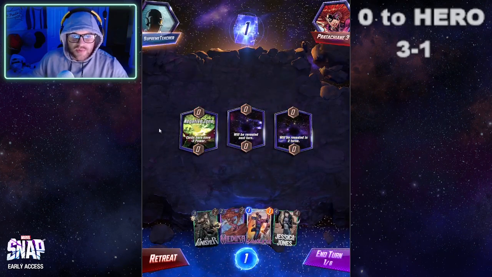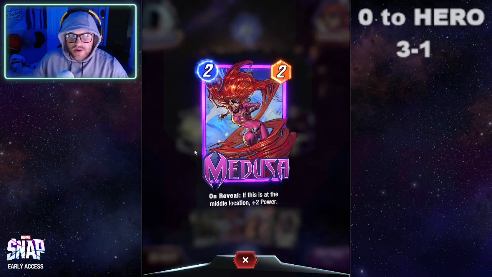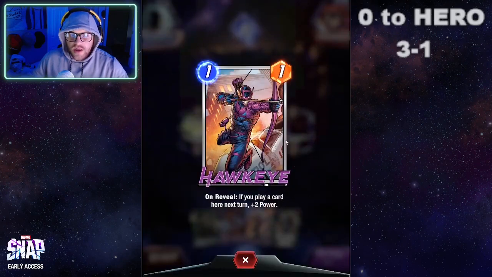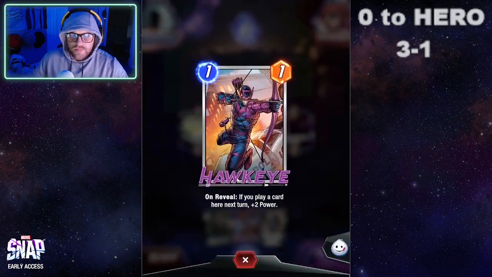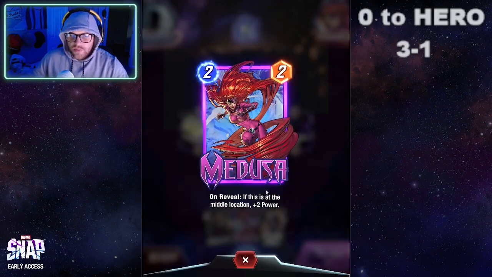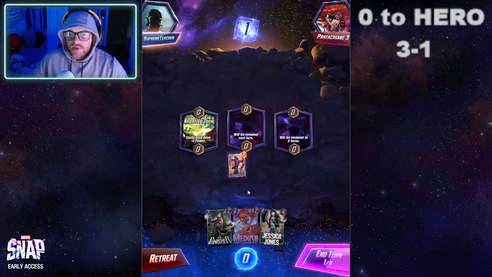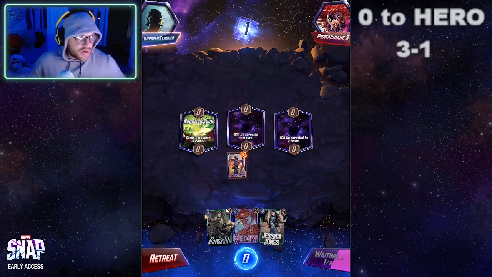Alright, -3 power in the negative zone. We have Medusa, so we know we can play her in the middle lane next turn. And we have Hawkeye. Knowing his on reveal, if you play a card here next turn, you get +2 power. That is going to work great with Medusa, because if you play this at the middle location, you get +2 power. So that is the play that we're going to end up making, and we're going to see what we draw